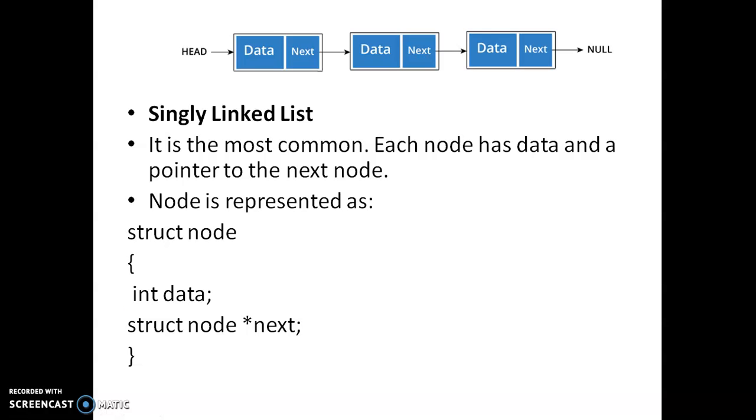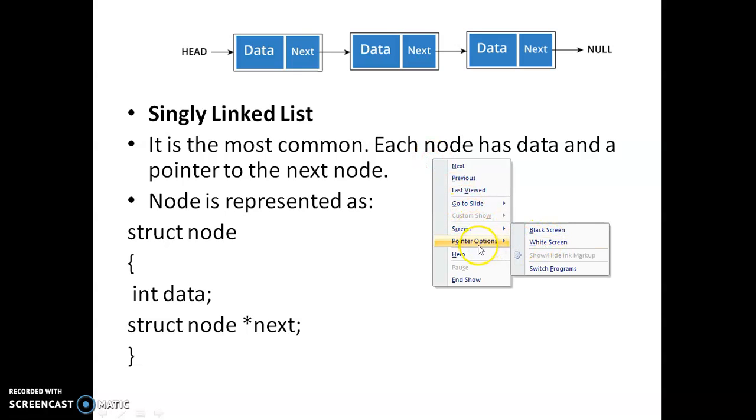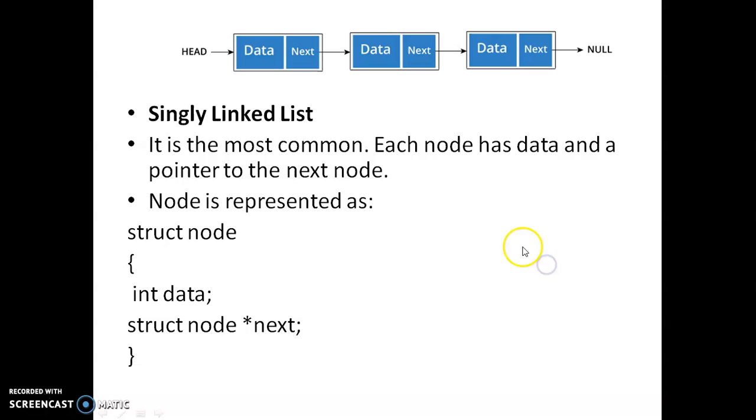This is a single linked list. Here the single linked list has two elements in the node. One is the data and another one is the next pointer, which points to the next node of the linked list. There is one node, and it has two parts: one is the data and another one is the next pointer. The next pointer points to the next node of the linked list.